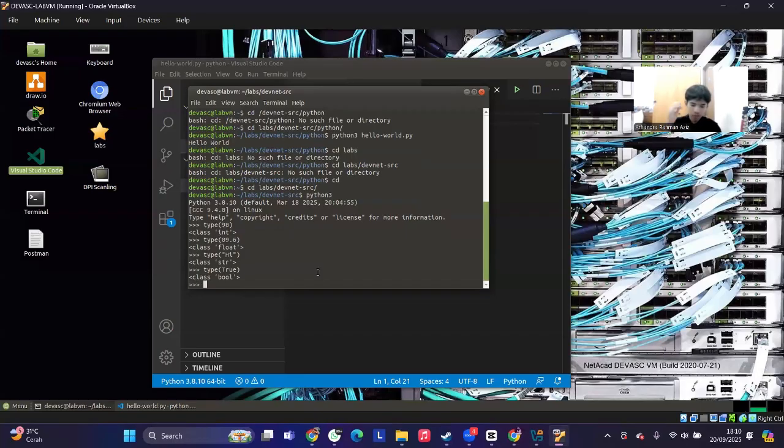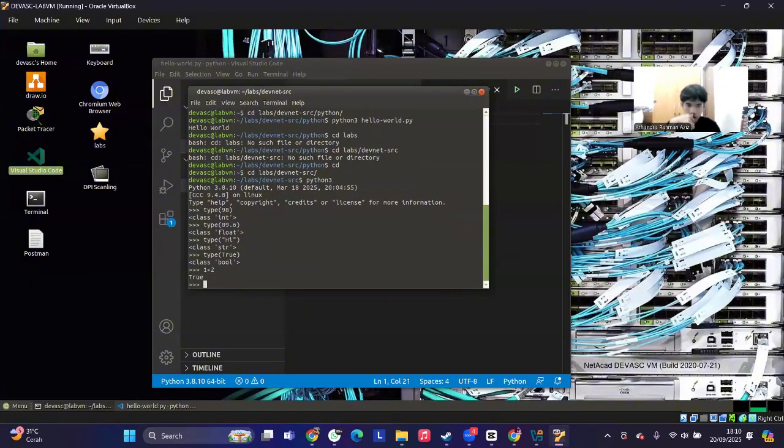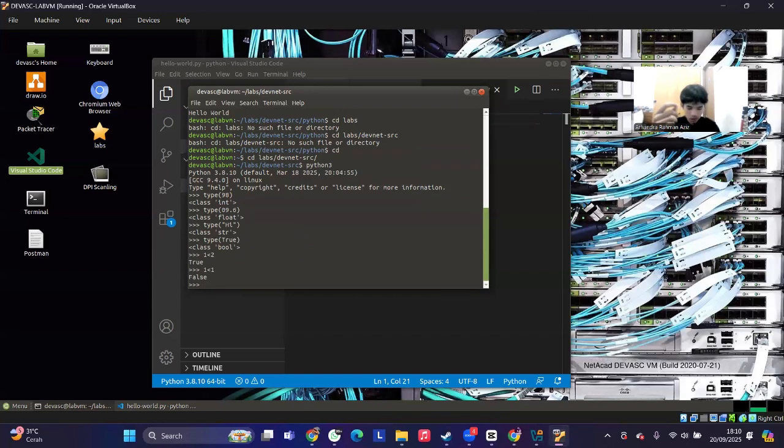Okay, so we can use operators also, for example 1 less than 2, and it says true because 1 is less than 2. And then for example 1 less than 1, and it will say false because it's false.